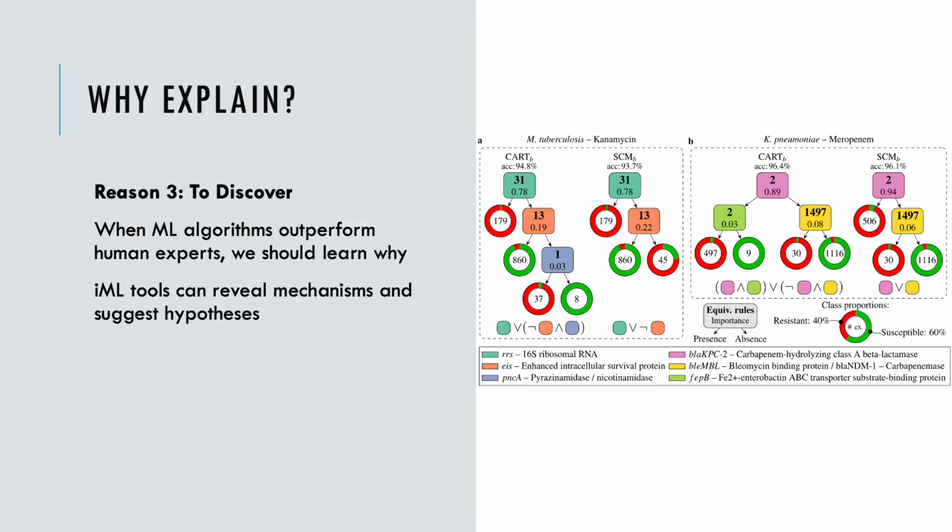A third and final motivation that I just want to name, which I think is probably the most popular in molecular biology for how these tools tend to be used, is for discovery. In the first two cases, we were assuming that there was something wrong with the model, or at least we wanted to investigate further to see if something was driving erroneous predictions. In this case, we assume that the model is more or less right, or at least that it's outperforming human experts, and we want to learn why. What exactly has the model picked up that we don't know about?